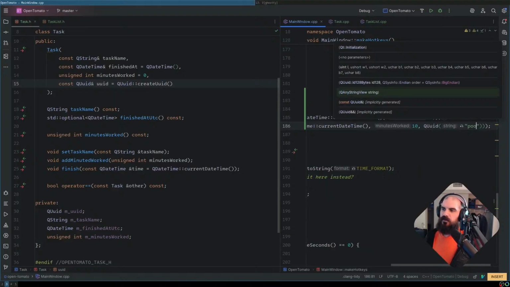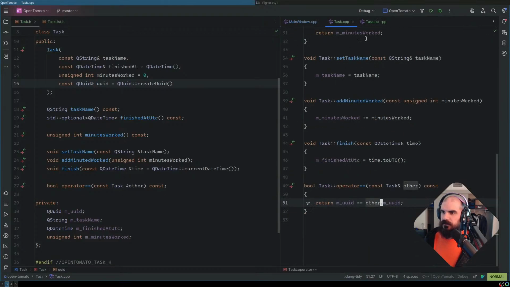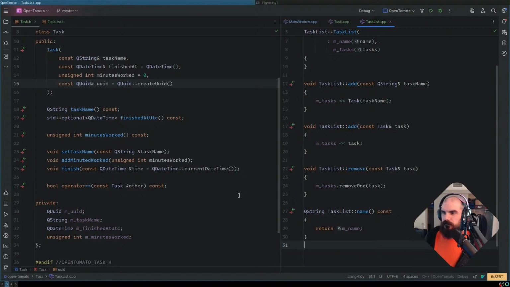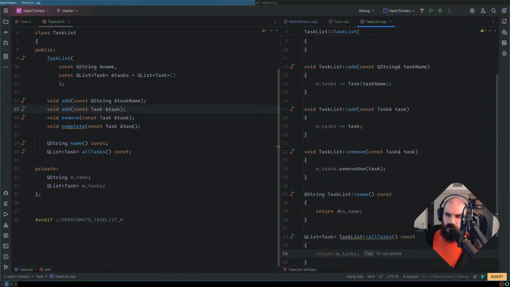View any string view poopy. Sure. I don't know, and then we can try all task lists. We'll need to get tasks. Oh yeah, we can do this too. That's a good one. Task name. And then we can say